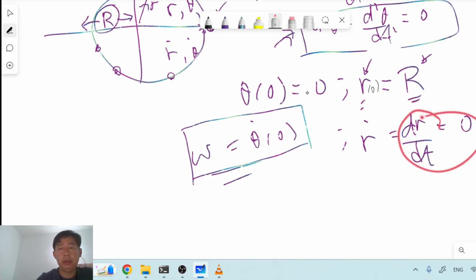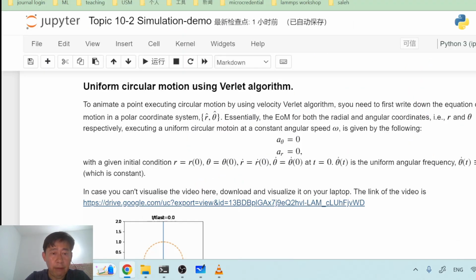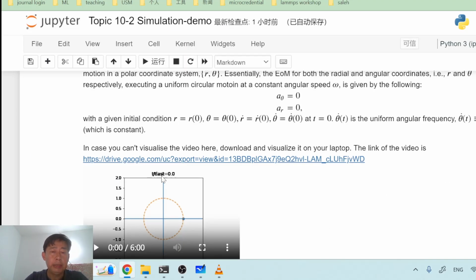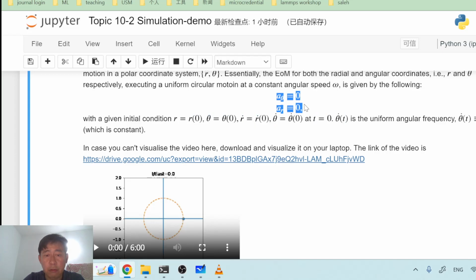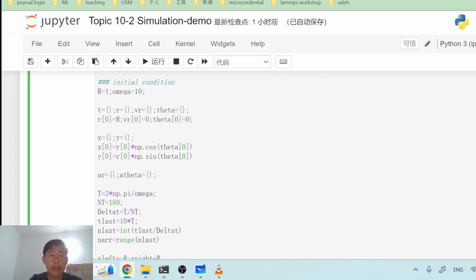So here we show you a code of how to simulate the circular motion by assuming these initial conditions, and also the equation of motion. And this is a code that is implementing the Rayleigh algorithm for the circular motion. Here I set the radius of the circular motion to be 1 with the angular speed omega set to be a number. Then I have to prepare the